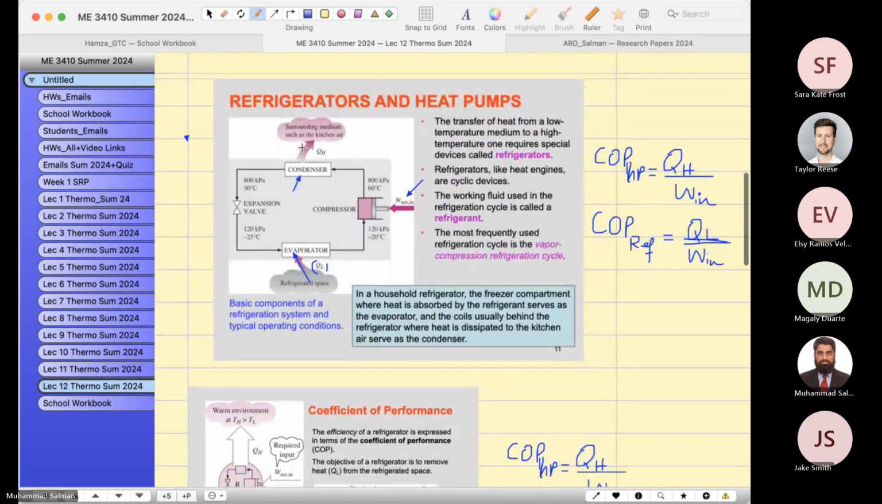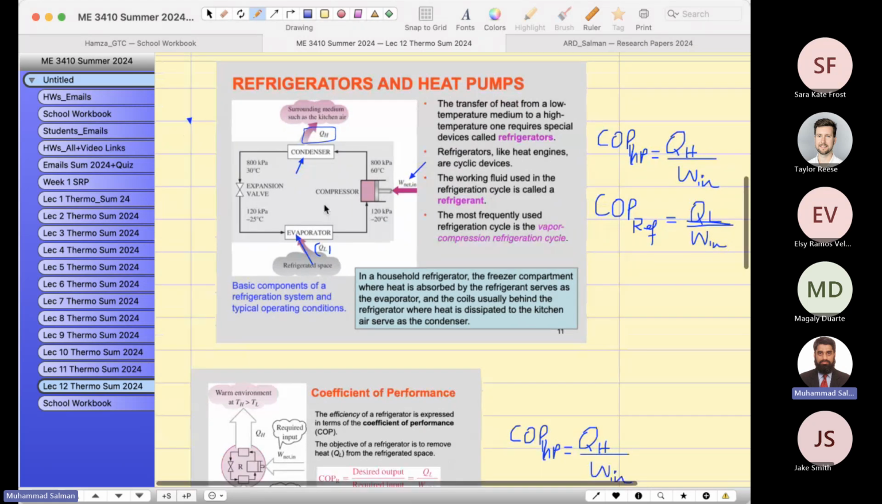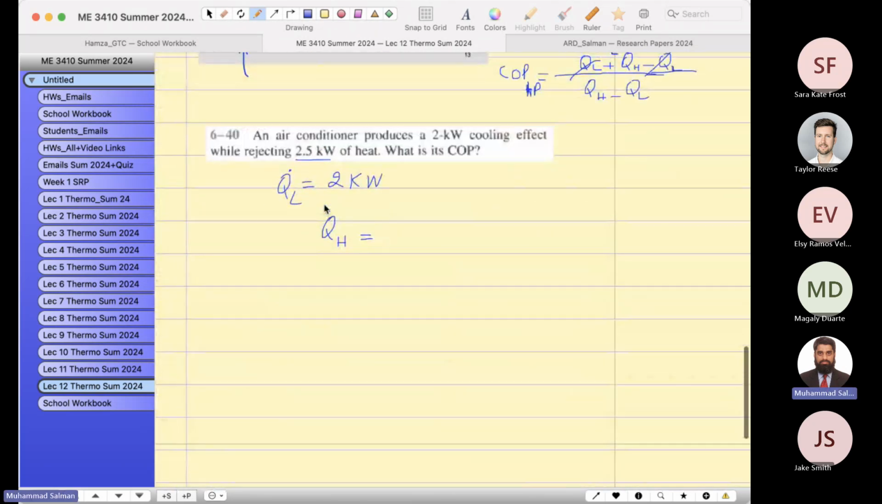So this is the heat being rejected inside the condenser. That's why we write it down as Q dot H, which is 2.5 kilowatts. What is the COP of this refrigerator, or air conditioner? We know that Q dot L